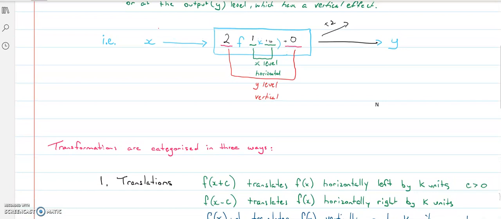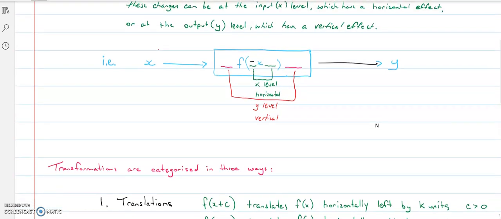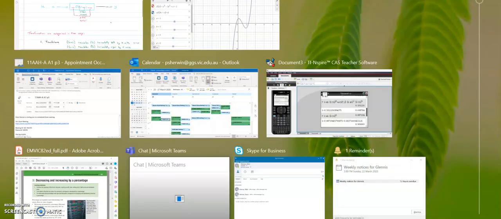Now, the only other thing to look at is what happens when we just change the sign in here. So if we just put, say, a negative in there, or a negative out the front again. So let's have a look internally. If it goes in there, it's an internal adjustment. So what do we expect? We expect a horizontal reaction. And that horizontal reaction is a